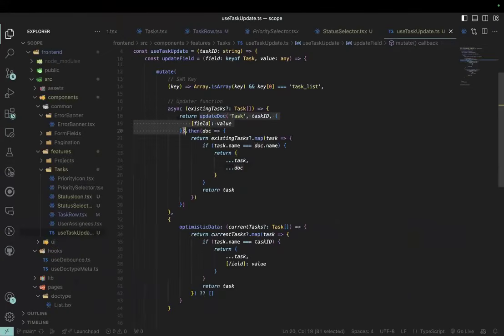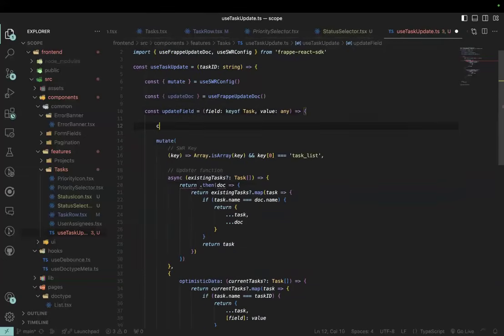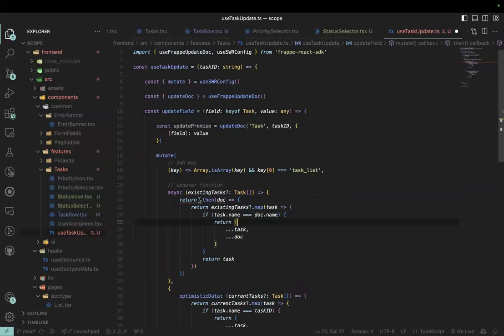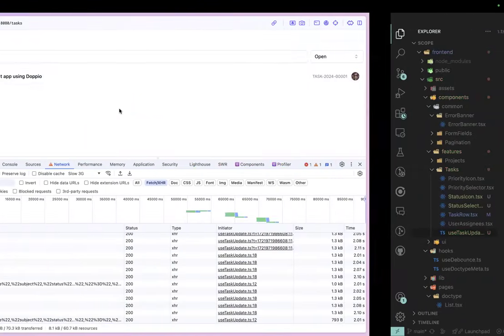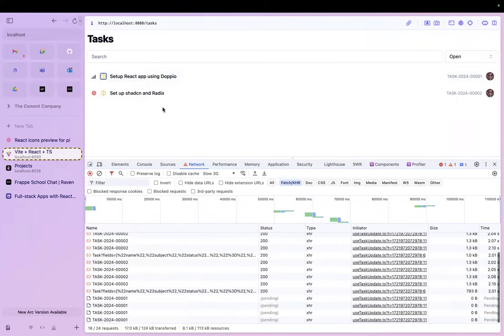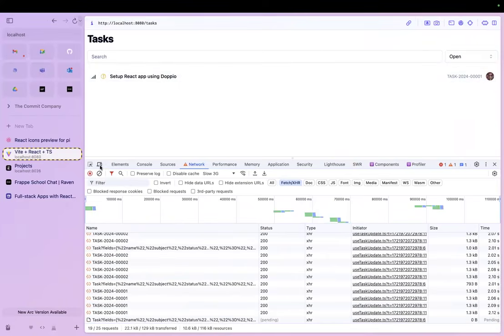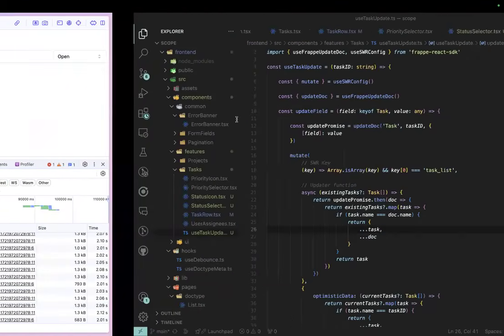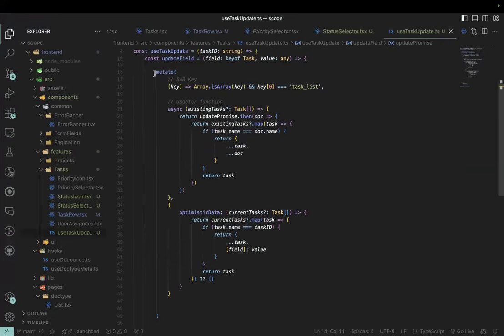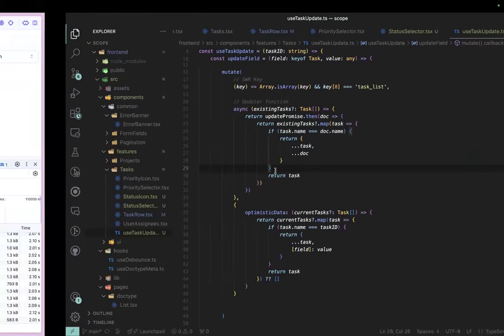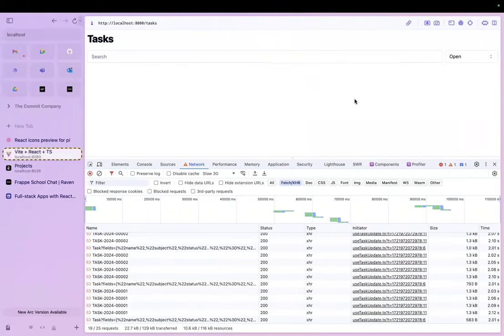Let me encapsulate this update doc outside, so that it only makes that API call once. So now if I update the status to working, right? Now this is on slow 3G, right? The best apps that I've seen, they go a step ahead, right? They would actually create their own mutation logic in such a way that, for example,